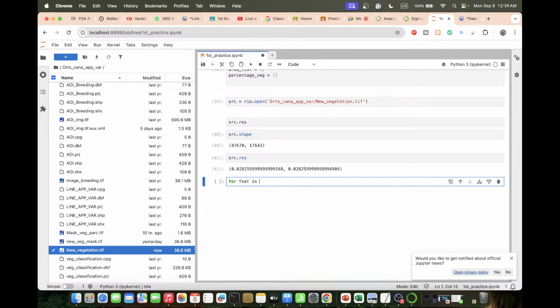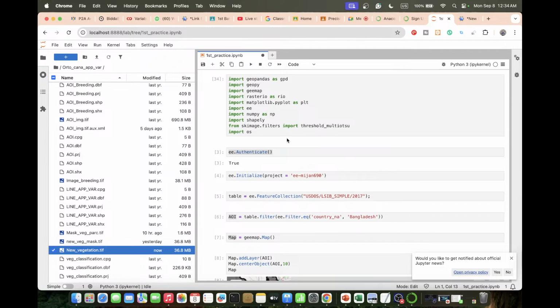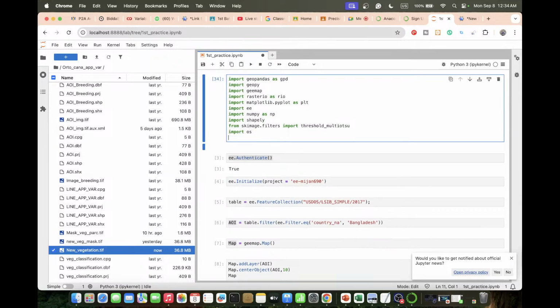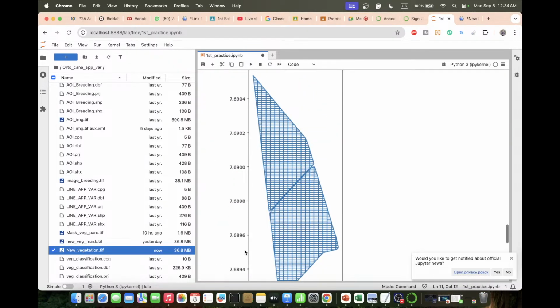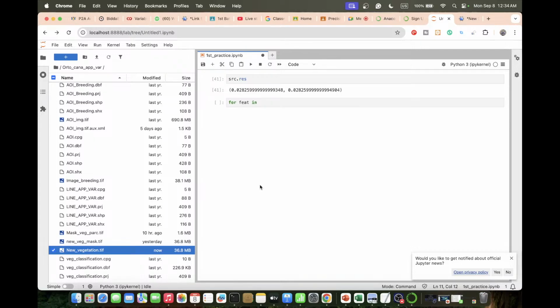When you work with the GeoJSON format, we need this library. So simply import json. Now we can easily work with the json library. So just type for feature in json dot loads,